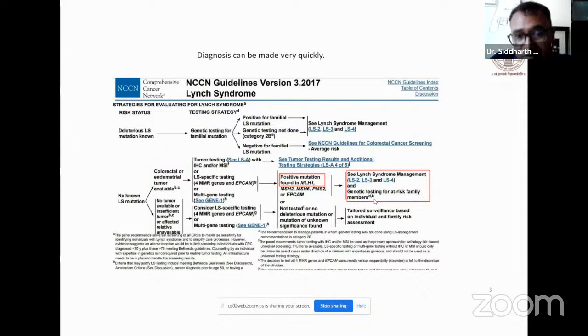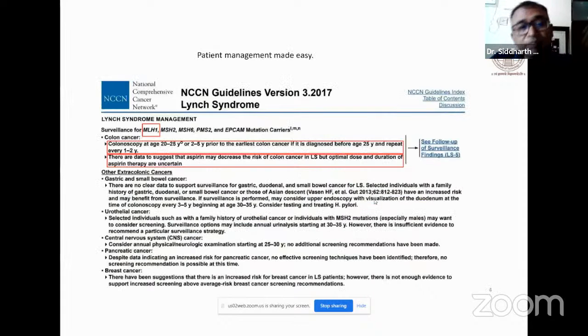And what does it say? Then the management will say that colonoscopy should be done at the age of 20 to 25 years if the patient was younger, right? Or in this case the gentleman was 42 years, so immediately it will start, right? So there are data to suggest that aspirin may decrease the risk of colon cancers in Lynch syndrome, but the optimal